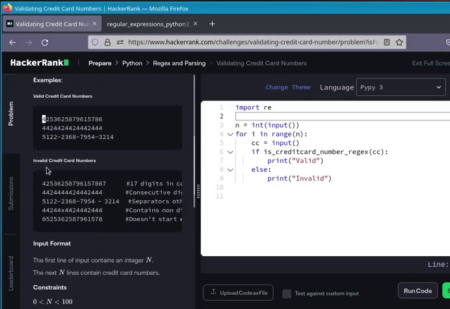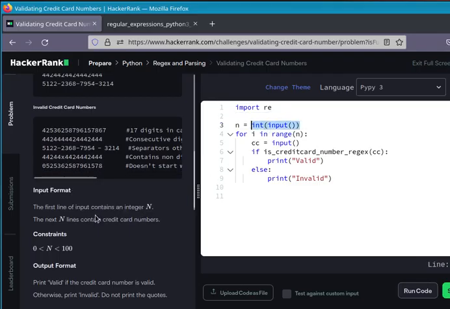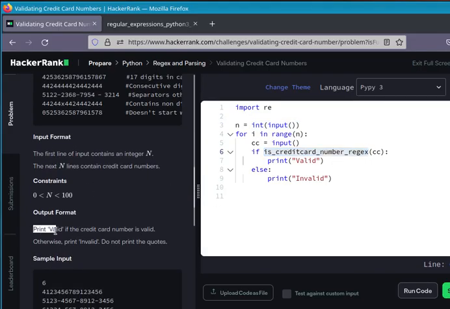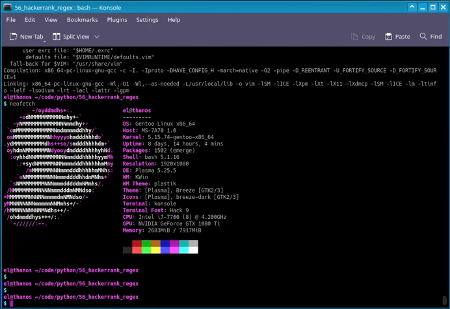Yeah, so there it is. We went over this in the previous video. First line of the input contains the integer. The next n lines contain the credit card numbers. It passes it into the method. We have to implement the method. Print valid if the credit card number is valid, otherwise print invalid. Same as before. Let's use python3